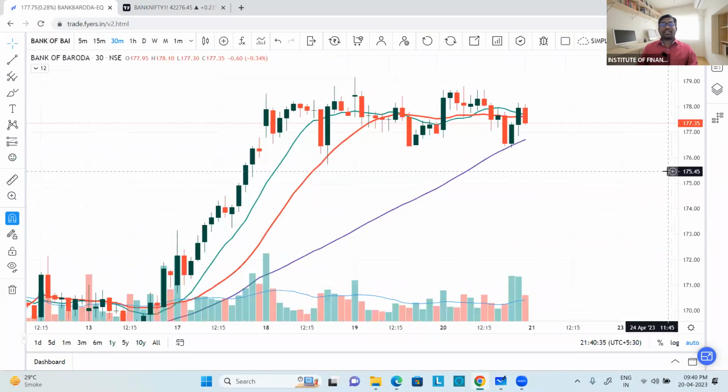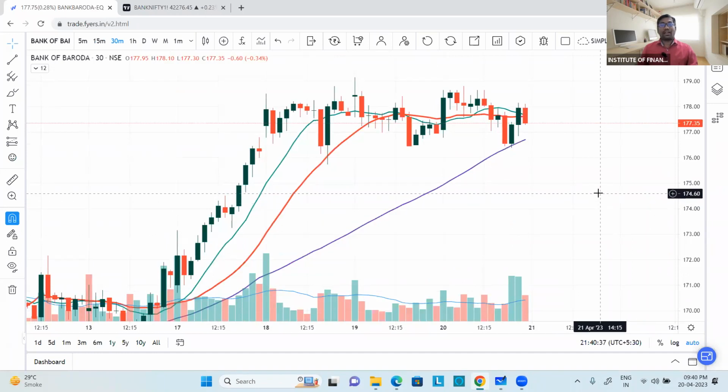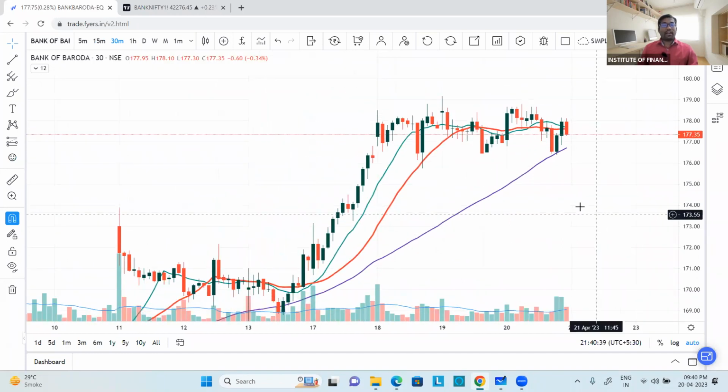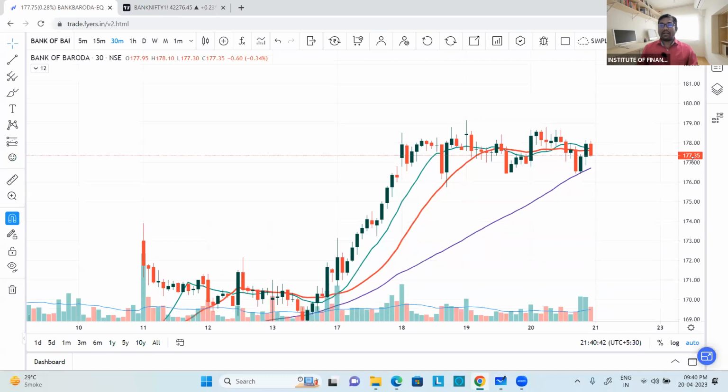How many of you watched yesterday's Fibonacci pattern? That worked very well. Flag pattern. You can see it exactly from here. It fell down and took support of the 100 moving average and went to the cost and closed here.